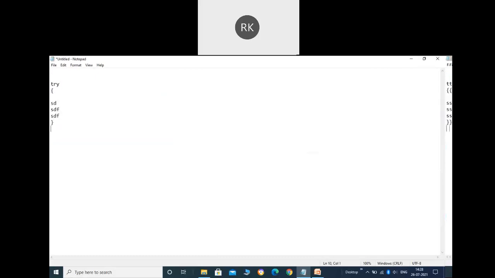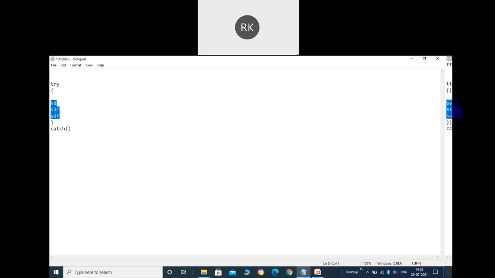Like this. And whenever your try block is finished, after that you are supposed to have what? The catch block. And this is a compulsory thing. Between the try and catch, you can't have any normal statement like this. This will be an error. So remember, a try block will always be followed by catch or finally. This is also possible, try can be followed by the finally. We'll see that later. And here the catch block will have a parameter of the type of exception that can be thrown here in the try block.